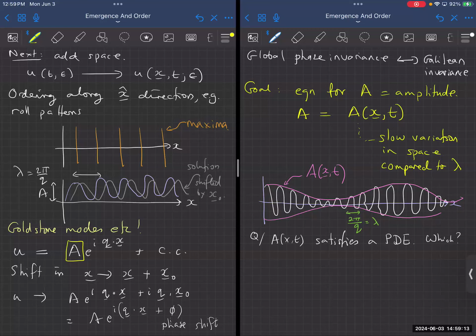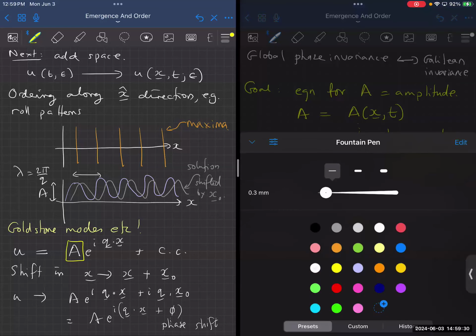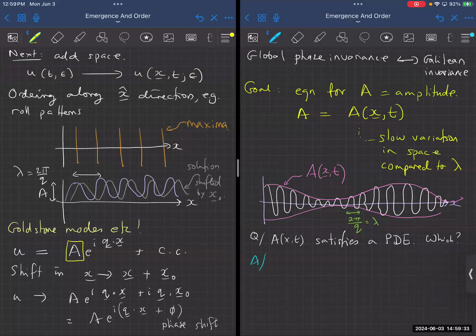So you can think of this lambda as being the analog of the lattice spacing. This is the small length scale, and this amplitude is slowly varying. So that's like the correlation. Okay, so let's try to construct this equation. So we're going to do a quick and dirty derivation,